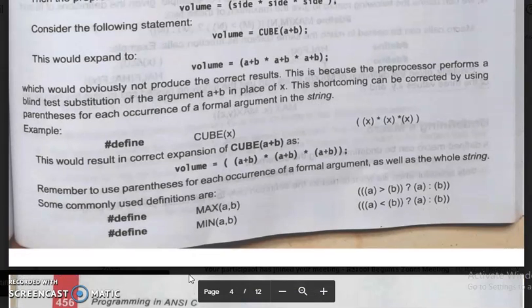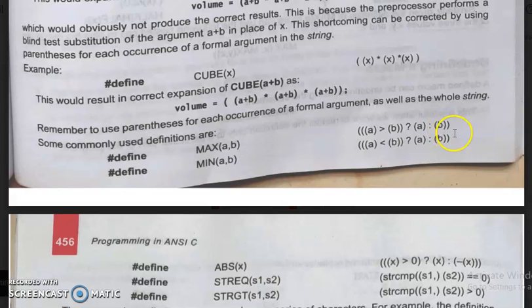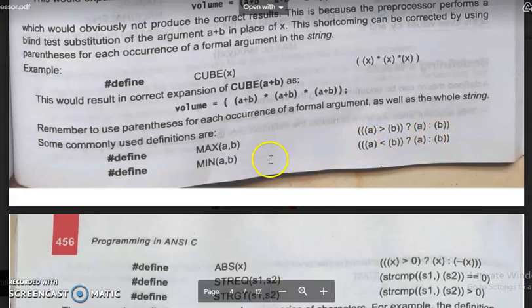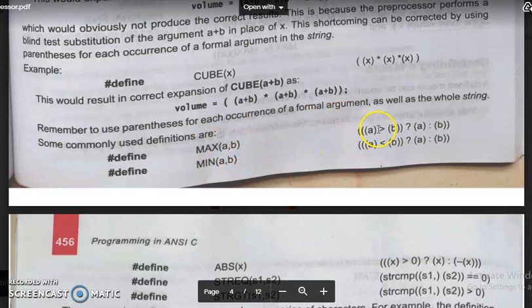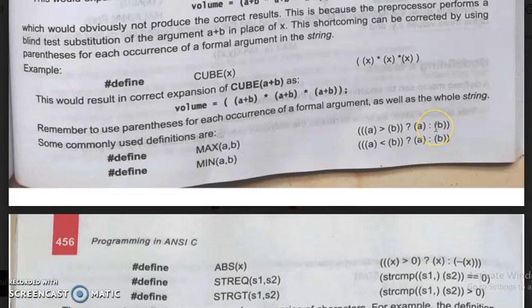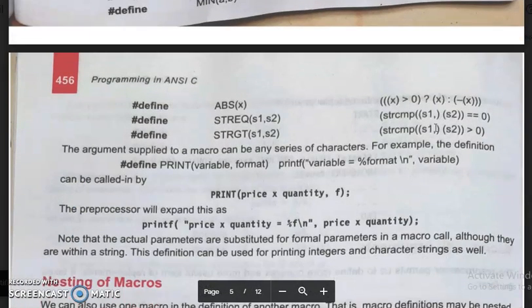Some commonly used definitions are hash define max of a comma b. This is the ternary operator, ternary condition. Wherever max of a comma b is used in the program, it is replaced with this replacement text. So these are all the examples of macro with arguments. I will explain the nesting of macros and file inclusion